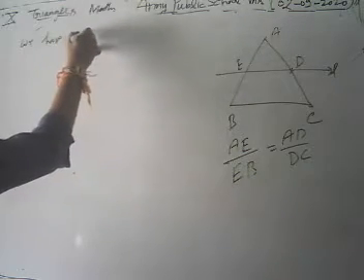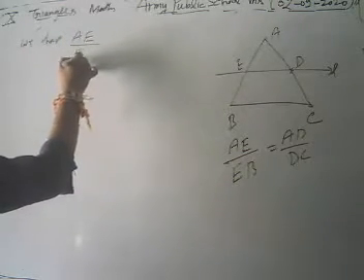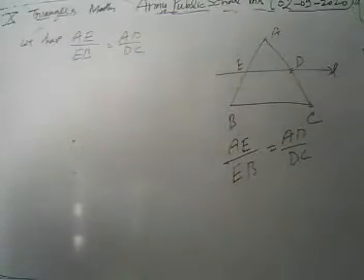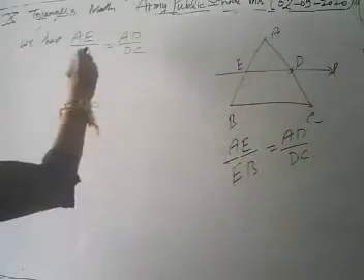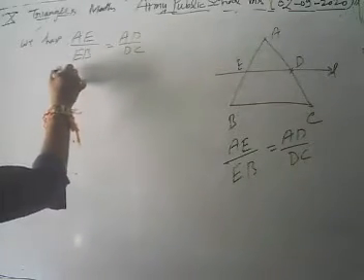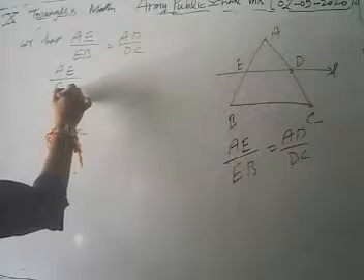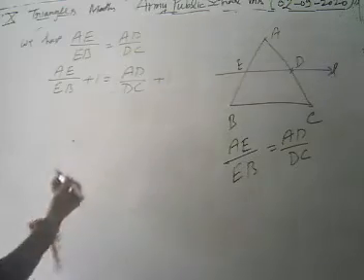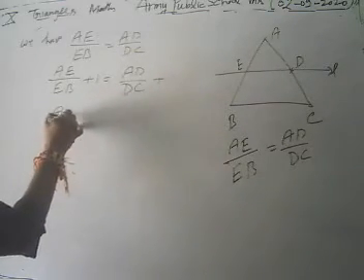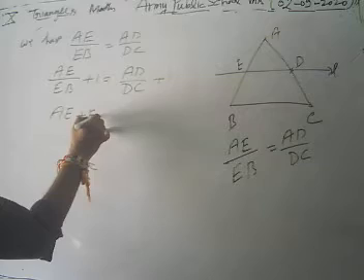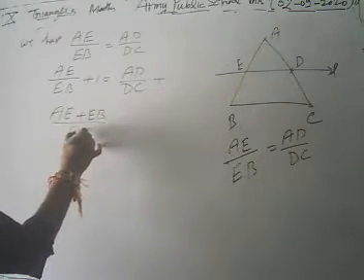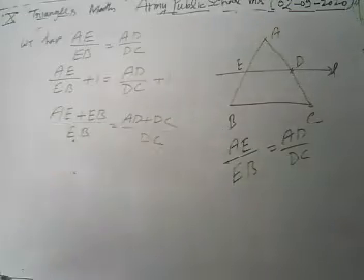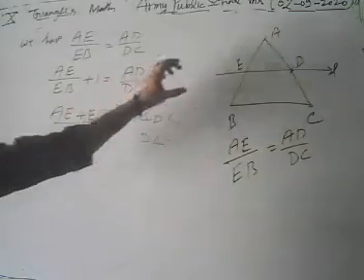वी हैव बाय बेसिक प्रोपोर्शनल थ्योरम AE upon EB इज इक्वल टू AD upon DC। अगर दोनों साइड्स में हमने क्या किया, हमने 1 ऐड कर दिया तो कोई चेंज नहीं होगा, एडिंग +1 टू द बोथ साइड। नाउ AE upon EB plus 1 इज इक्वल टू AD upon DC plus 1। अभी LCM लेके सॉल्व करते हैं इसको। देन व्हाट वी हैव AE plus EB upon EB इज इक्वल टू AD plus DC upon DC।